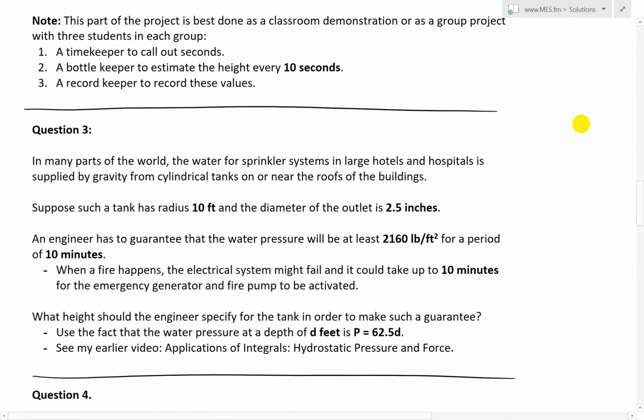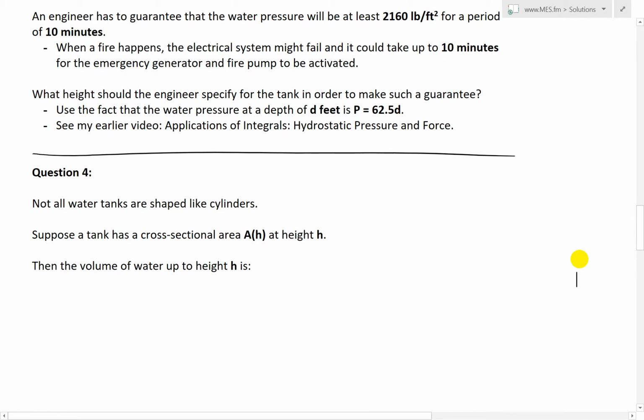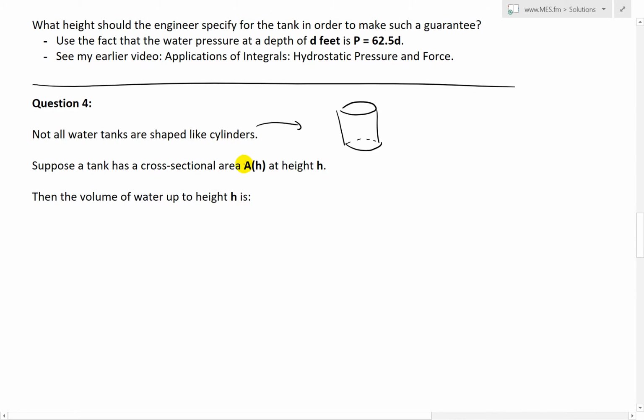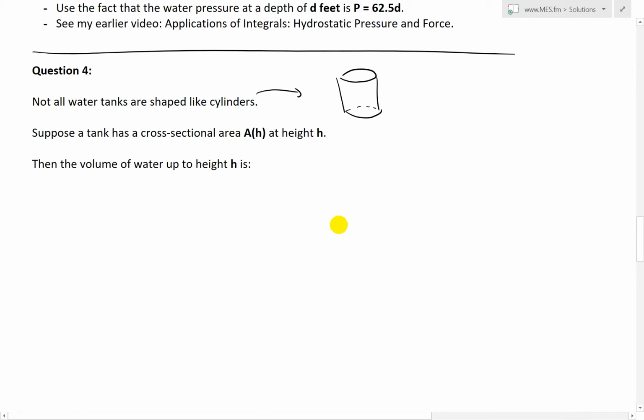I'm not going to go over too much of the recap in today's video, but instead I'm going to jump into question 4. Question 4 is basically stating that not all water tanks are shaped like cylinders. In my first 3 questions I went over basic cylinders, tanks like this, and then determined the drainage formulas, height of the water, etc. from this simple shape. But not all of them are like that, and instead, for the introduction to question 4, I'll go over basically what happens if the